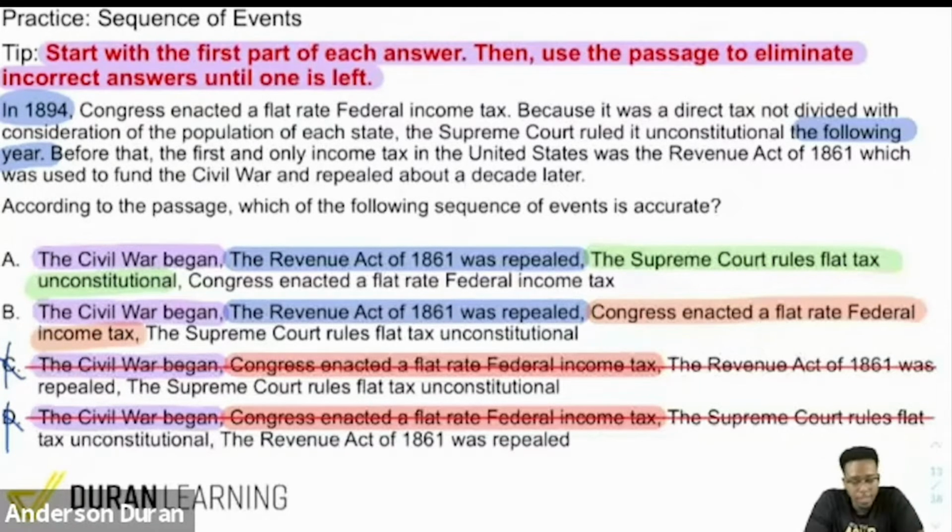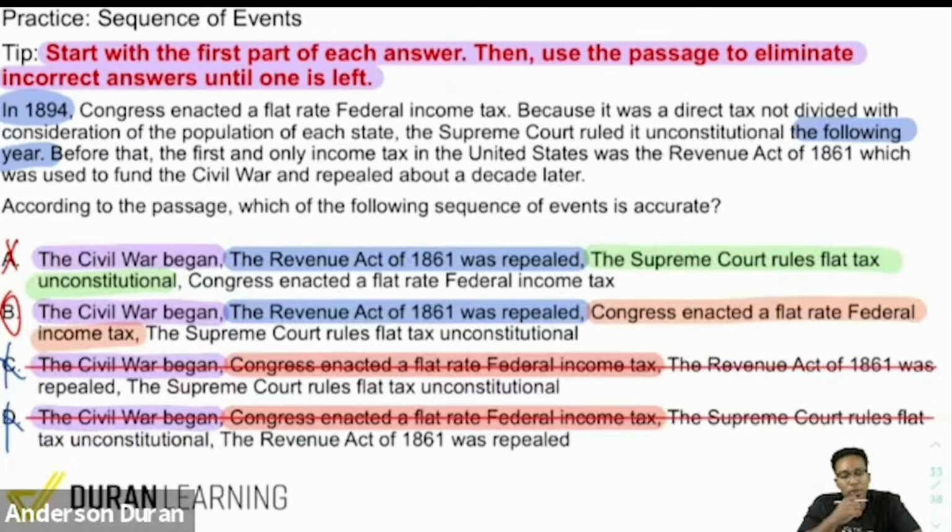Right on. And just to add on top of that, when we look at the question here and we got to A and B, we're trying to debate these. You can tell in the first sentence, Congress enacted the flat rate federal income tax. Then it says that they ruled it unconstitutional the following year. So we can tell right away, hey, they got to enact this flat rate income tax, then they repeal it. Boom. So here in A, they rule it unconstitutional and then they enact it. That's backwards. We can definitely rule A out and we can get B. Nice and easy there.